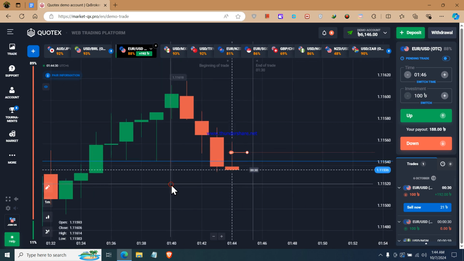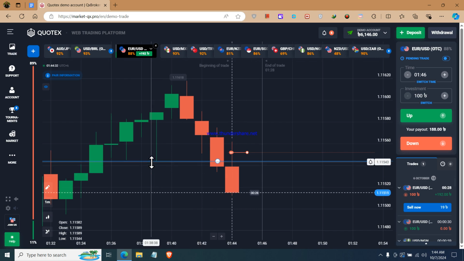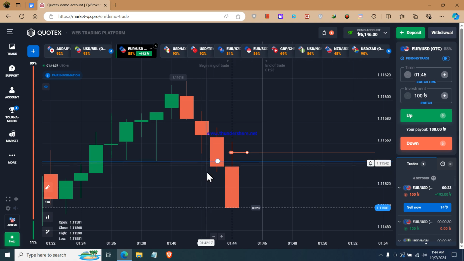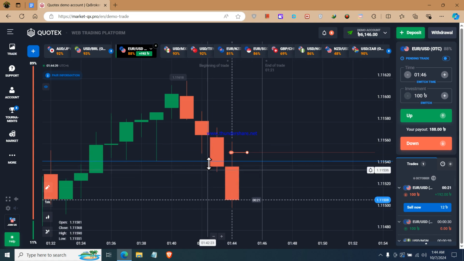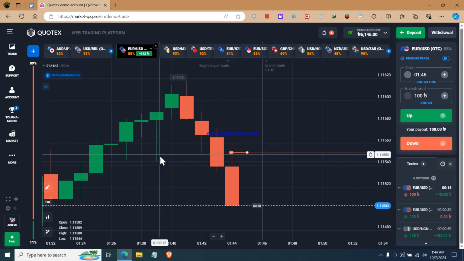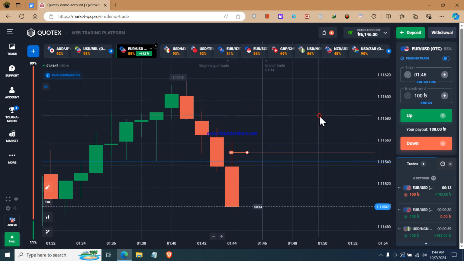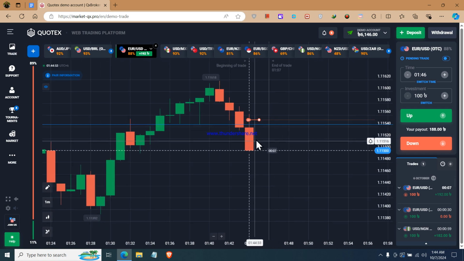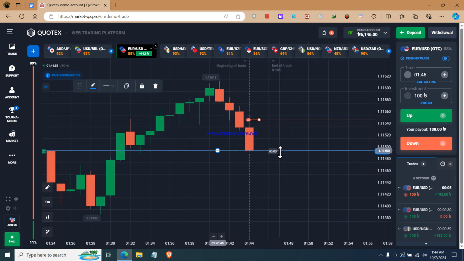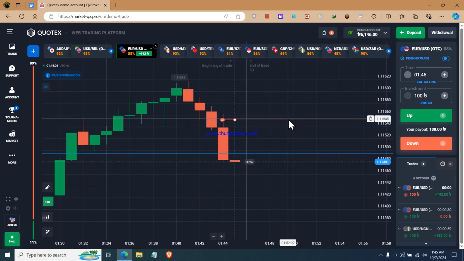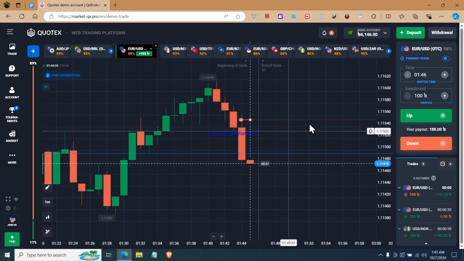I placed my trade for down option here because this was a support, and you could see the reaction on this candle. The buyers were pushing this candle for this point, right? And eventually the sellers broke this support, so that's why I placed my trade for down option, and it became a very big red candle. The next level will be this one. It's a higher low point, and they broke the higher low point.